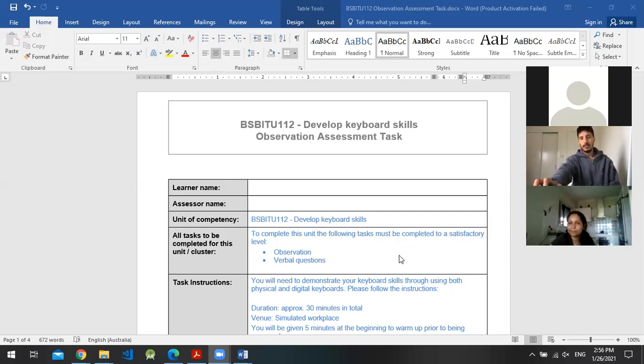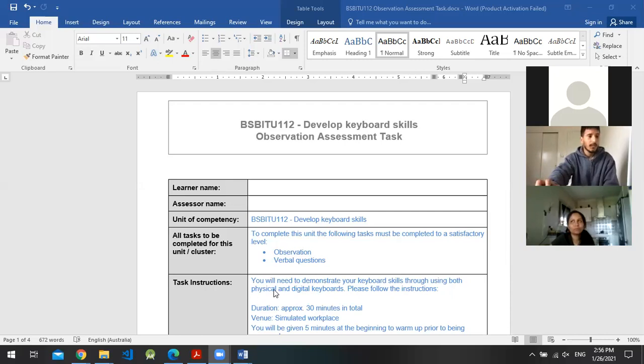On that basis, we're going to decide whether the task you've done is satisfactory or not yet satisfactory. If all the tasks are satisfactory, you are competent. Otherwise, we may have to review those tasks again and do them again at a later time. Then I will decide whether you will be competent or not.